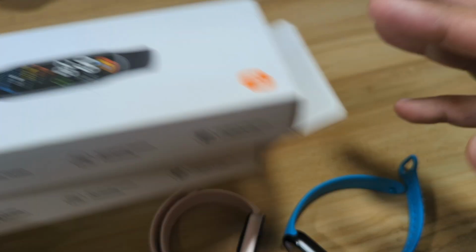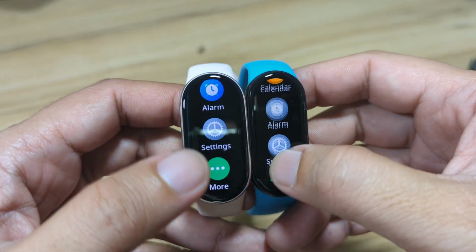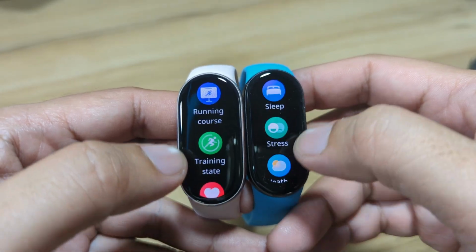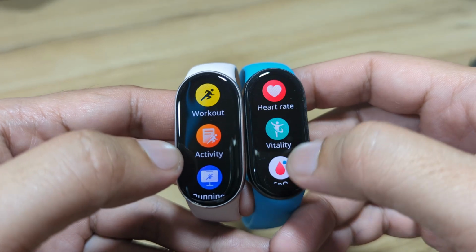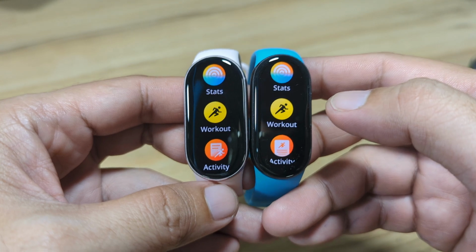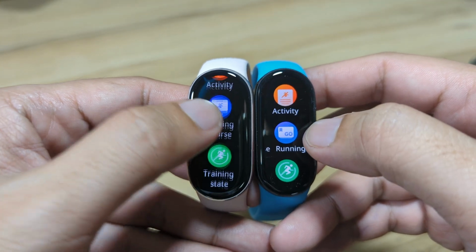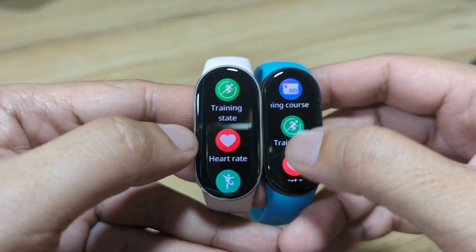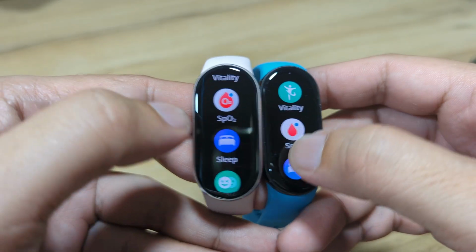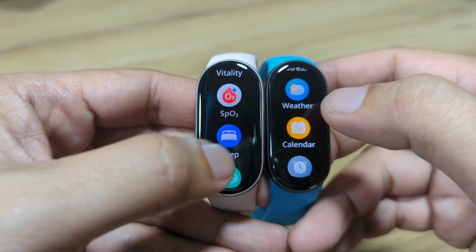Okay, so we will explore more when it comes to features as we review the Xiaomi Smart Band 10. And we will compare it again with the Xiaomi Smart Band 9 if we find some new or additional features or information. But so far, as you can see right now, we do have a difference when it comes to the design of some of the icons, not all but some. We have a built-in compass here, and we don't have it here on our Xiaomi Smart Band 9.